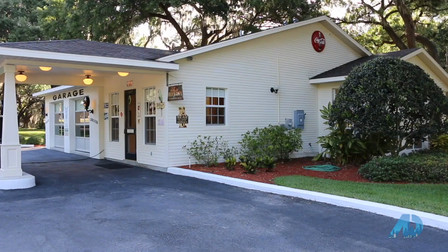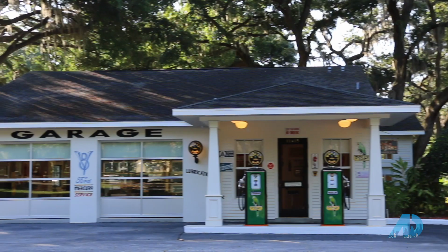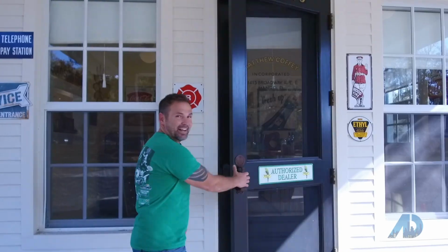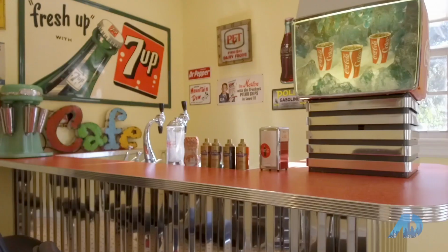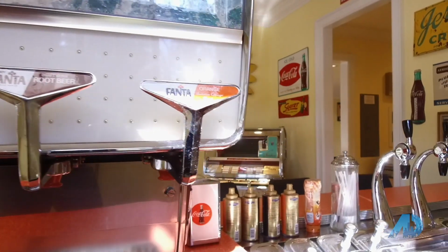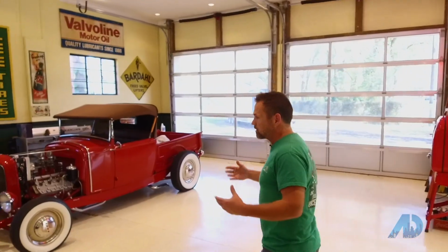When you approach the property, it can be interpreted as so many different things. When you first pull up, it looks like a gas station. And then as you walk into this office space, which is really what it is, you're in a front lobby that is a 50s style diner, soda pop shop, fully equipped with an authentic jukebox of that era, and many other things that are surrounding you as far as